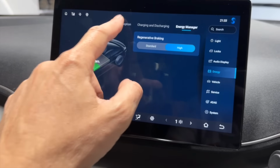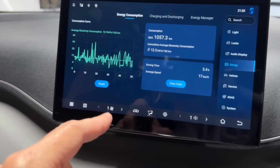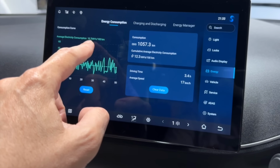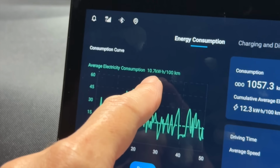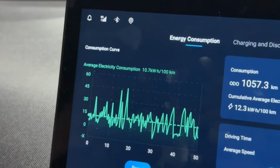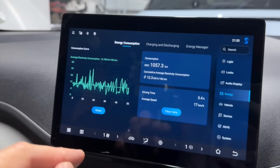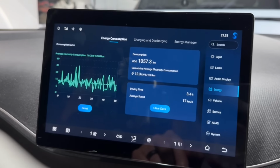Energy is probably interesting here. You get a nice graph in terms of what your consumption and your recharge was. It gives you a reading here, basically a historical reading over the past 50 kilometers. This is 10.7 kilowatt hours per 100 kilometers. And then you have a sort of overall reading here, 12.3 kilowatt hours over the lifetime of your odometer. And you can reset as well